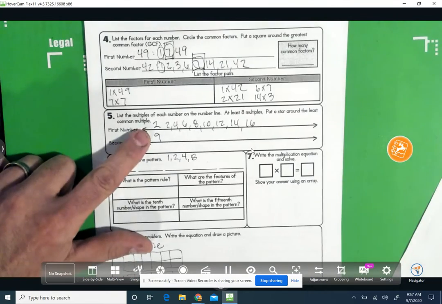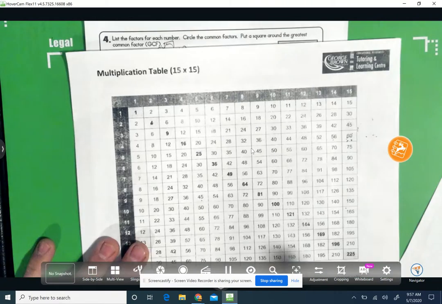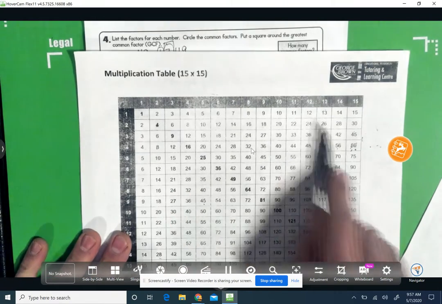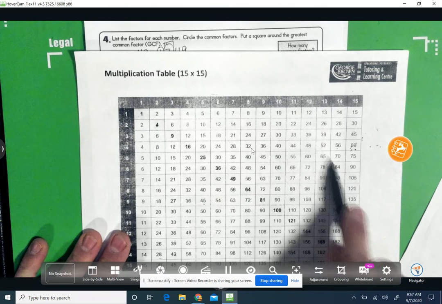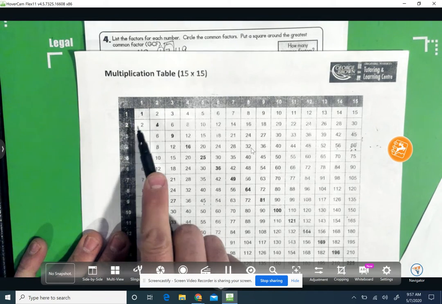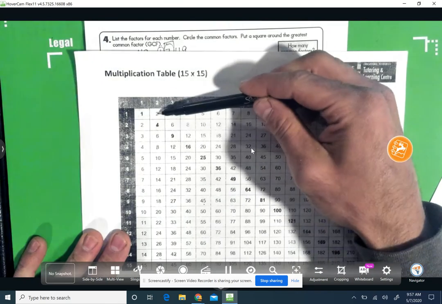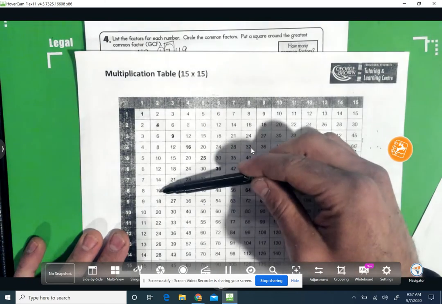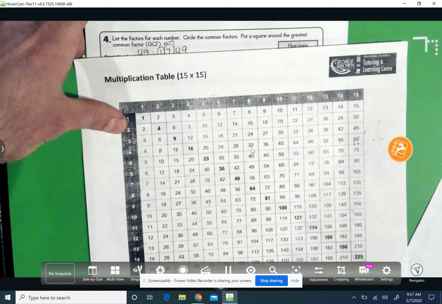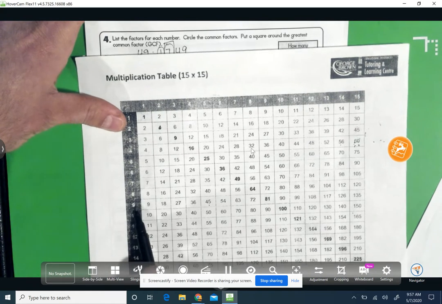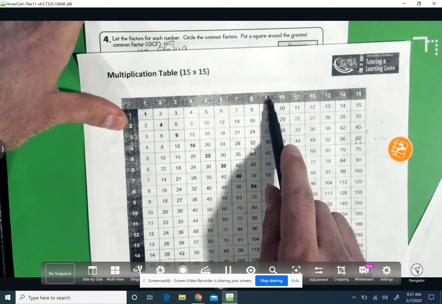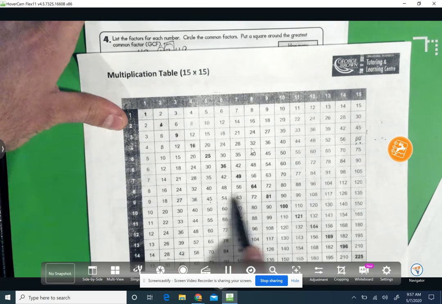I know that those are the multiples of 2 because on the multiplication table, in order to find the multiples, they're all inside here. I just need to find 2 as my factor and follow it along 8 times. Or I could do it vertically as well, 8 times. So now 9. We can go to our factor 9 here, going vertical or horizontal to